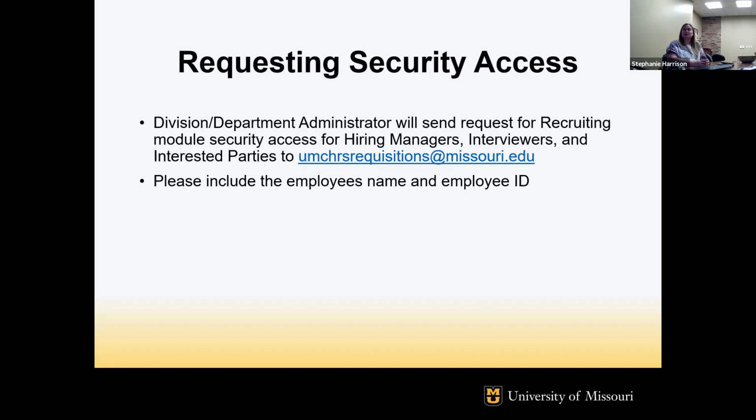But with dynamic security, basically anybody who was entered into any of the hire manager, interviewer, and even interested party roles, if you were a second level or third level type supervisor in PeopleSoft, you are automatically assigned PeopleSoft level eRecruit security, and it happens pretty quickly. Usually, I think with the system updates, it runs throughout the day.